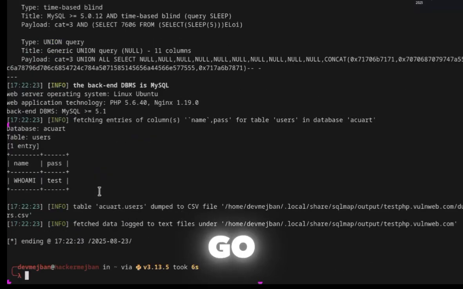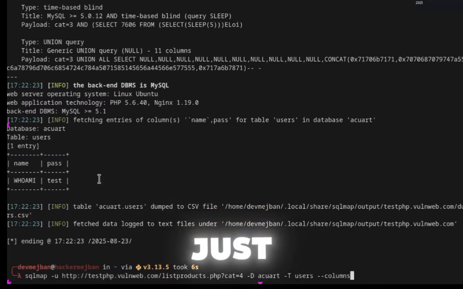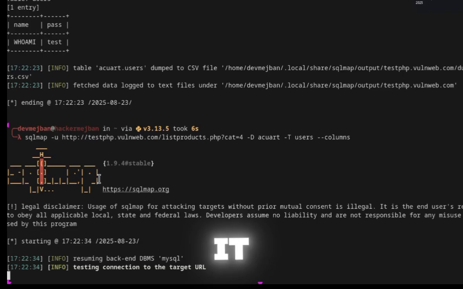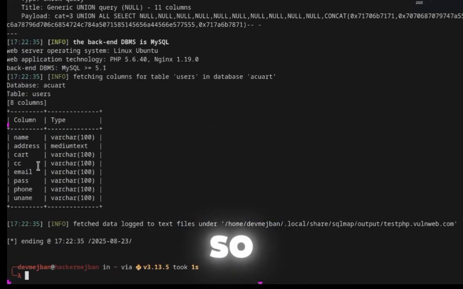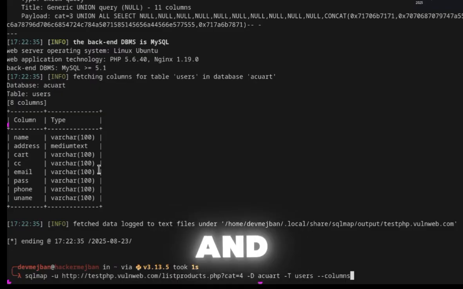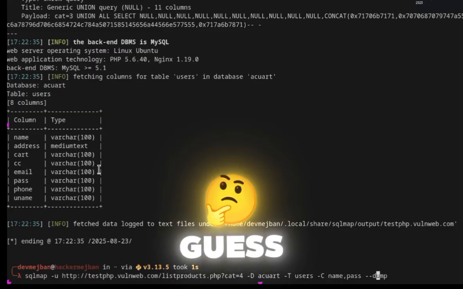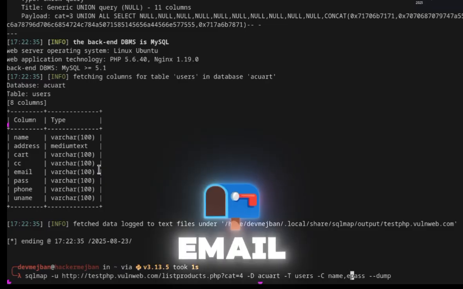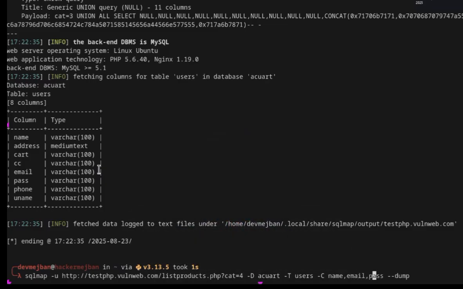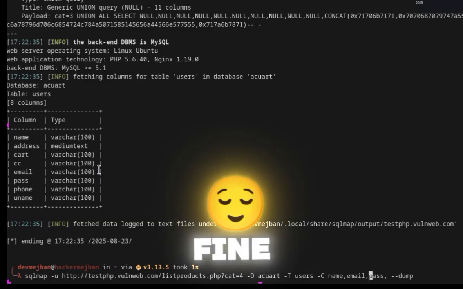Okay, there we go. And yeah, we got the name and password, but this is not the name I expected. Okay, let me just check if it has anything good. Yeah, email. So let's test with email and phone, I guess. So before the name I'll pass the email variable. Okay, email, and I think that should be fine, but